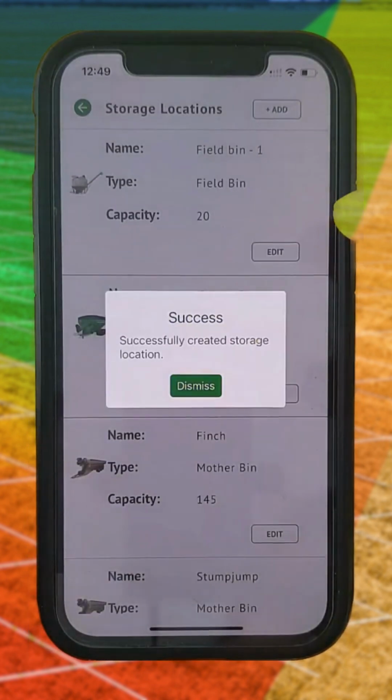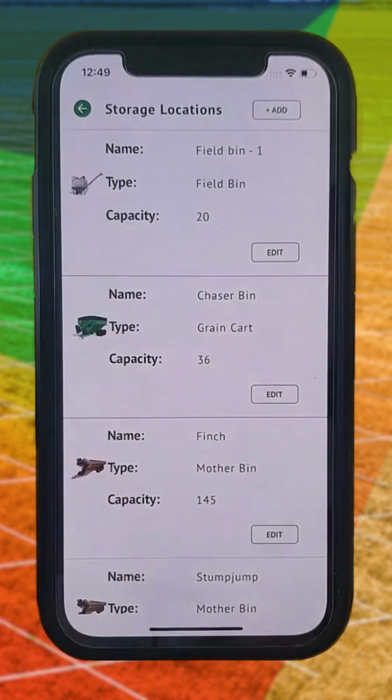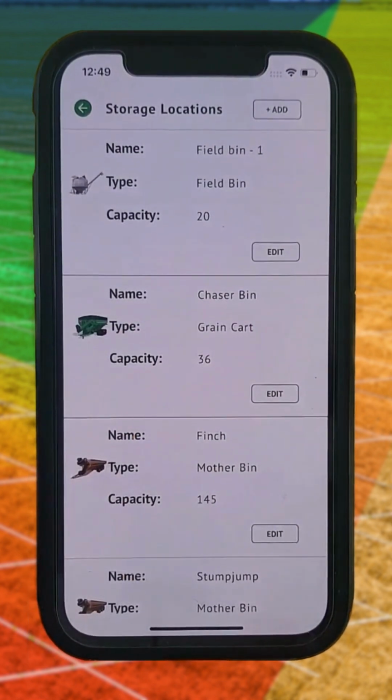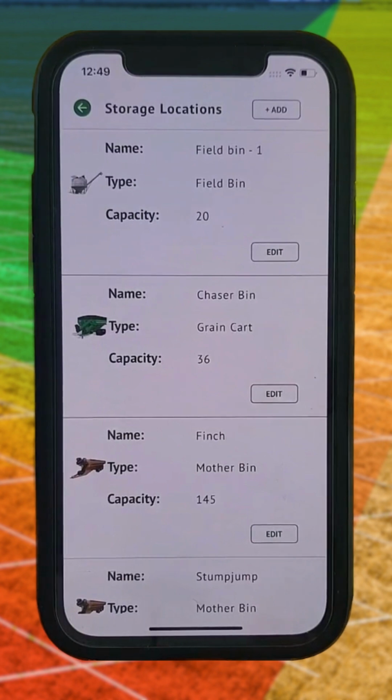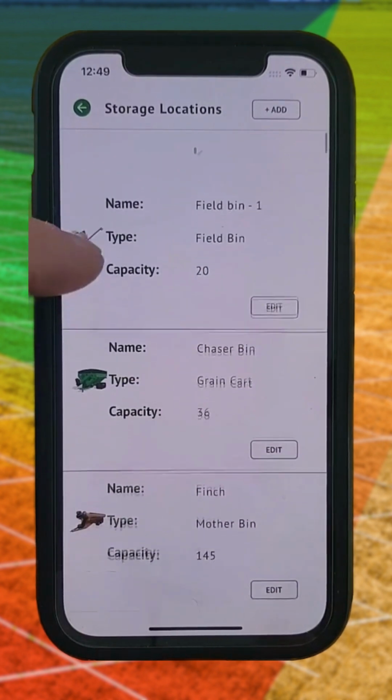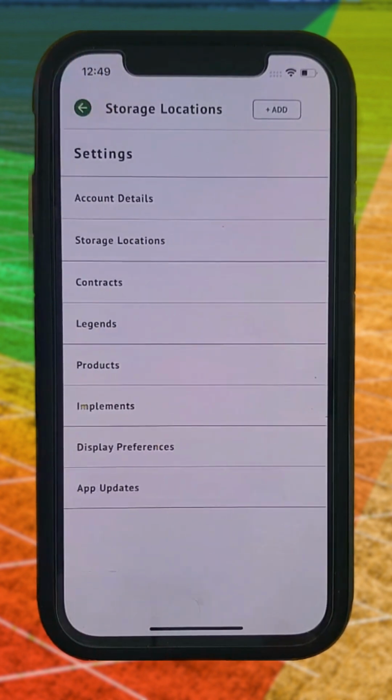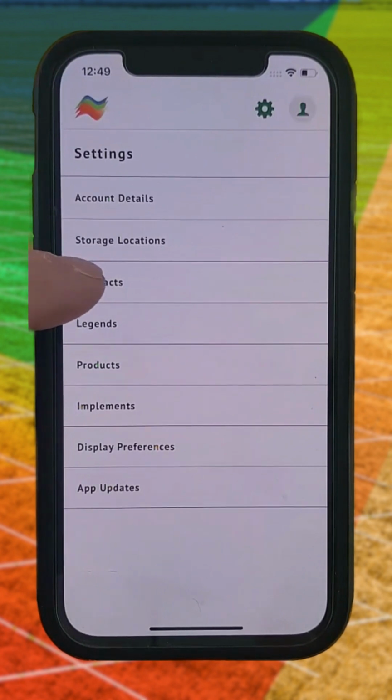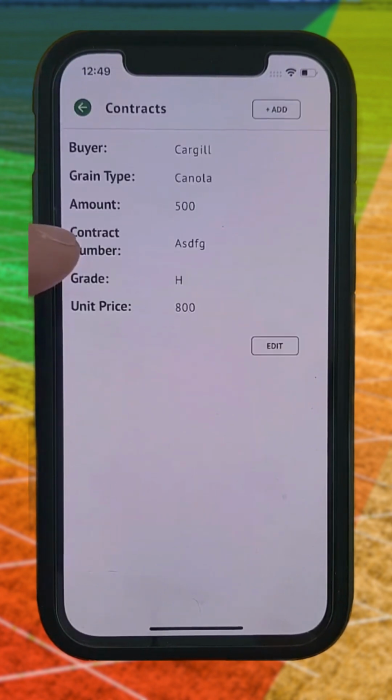We'll save it, and that will now appear on our grain monitor and in the Grain Logistics app from there. So that's how you create a new storage location. We'll go back to, now we're in our contracts,